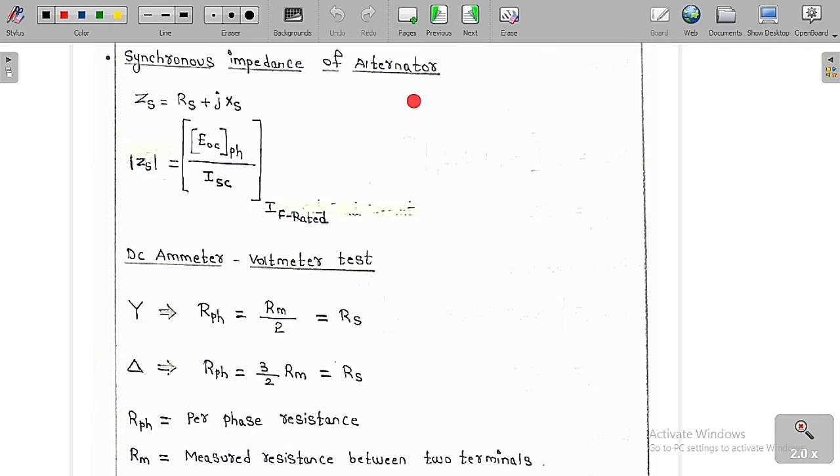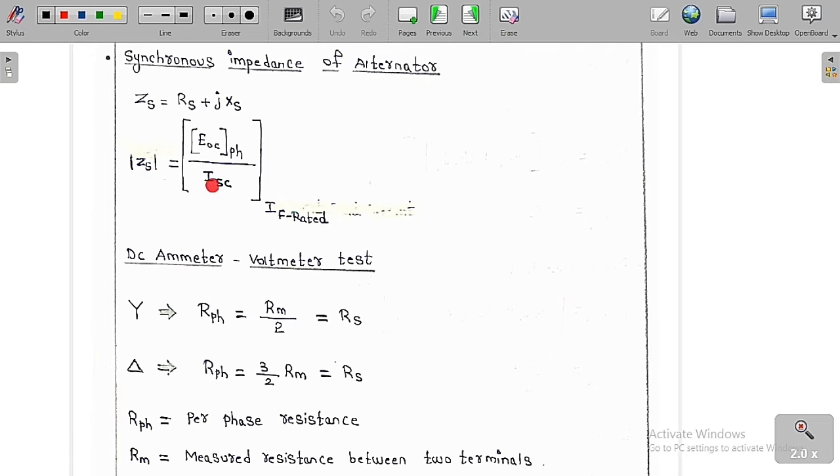Synchronous impedance of alternator is Zs equal to Rs plus jXs. So if you want to know the magnitude of Zs, the magnitude of Zs is nothing but